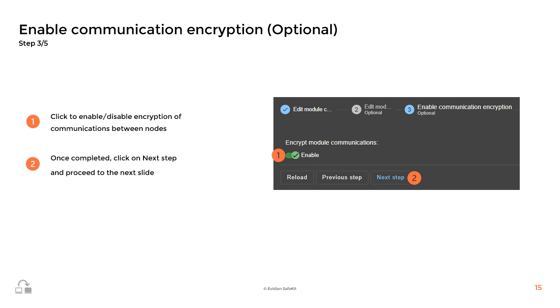Note that if the module's encryption key is not identical on all nodes, internal communication will be impossible. To generate new encryption keys, first disable encryption and apply the configuration to all nodes. Then, re-enable encryption and apply the configuration again to ensure all nodes have the same encryption key.